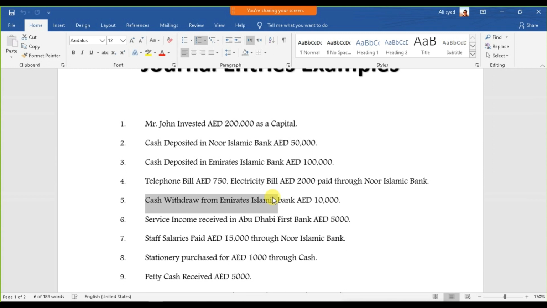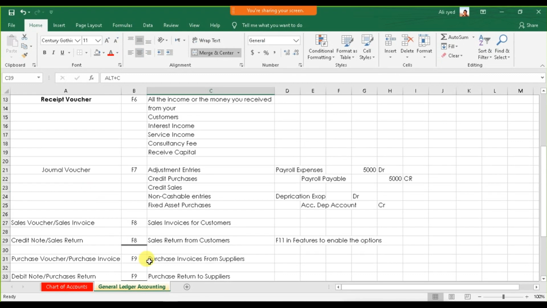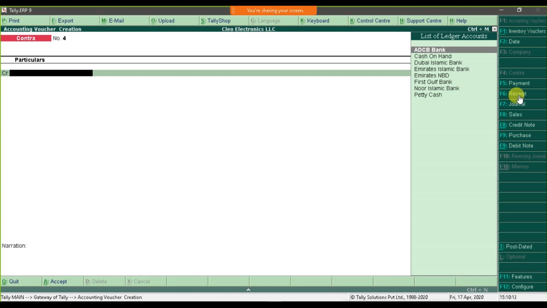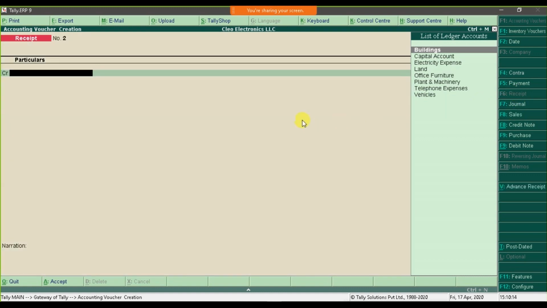Okay. After this, next we have service income received in Abu Dhabi First Bank. So it will go under receipts, right? That will go under this receipt voucher, F6. So we go in F6. So it's a receipt. So we don't have the service income right now here. So Alt C again,